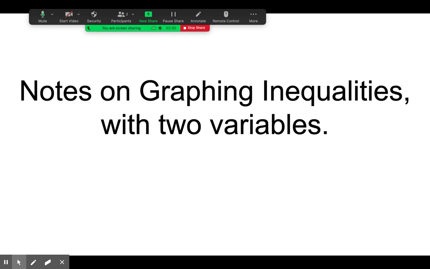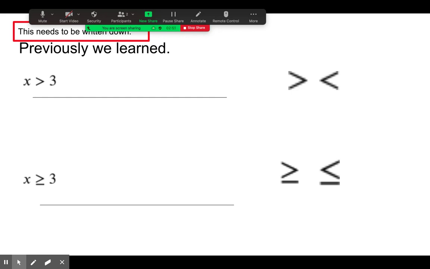Guys, today we're going to take notes on graphing inequalities with two variables. As always, if you need some more time to copy something down, just hit pause. So you're going to need to write this down, and you know that because the upper left-hand corner has a